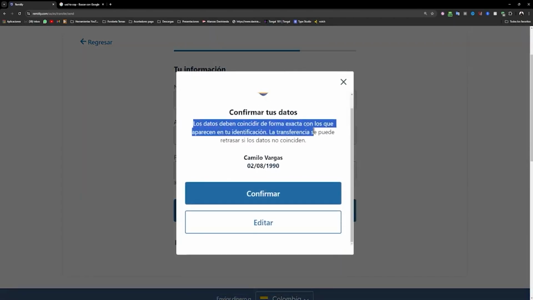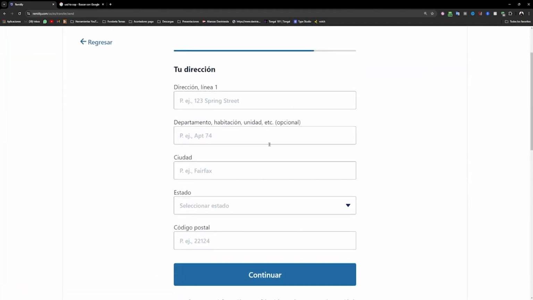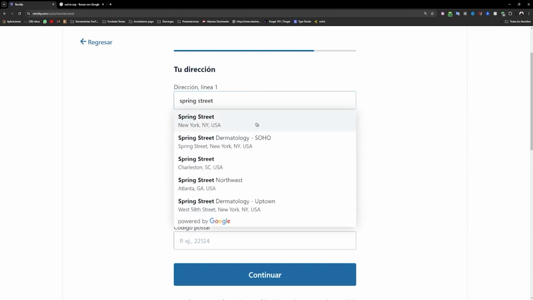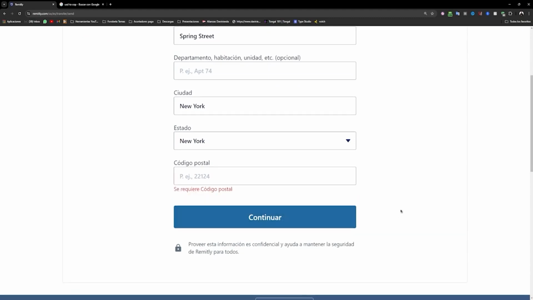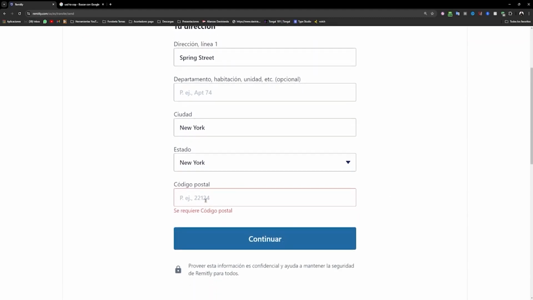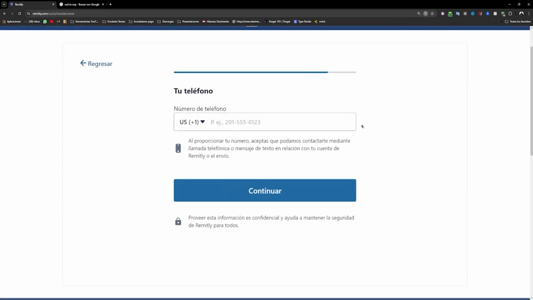Now, the details must precisely align with those on your account, as the transfer could be delayed if the information does not match accurately. Here, you click confirm, and then we input our address, city, state, and so on. In this instance, it will automatically load a US address, so we need to input it here. I'll just enter something like New York, New York, and I'll leave the postal code unchanged. I'll click continue, although in this case it requires me to enter a postal code, so I'll input it and